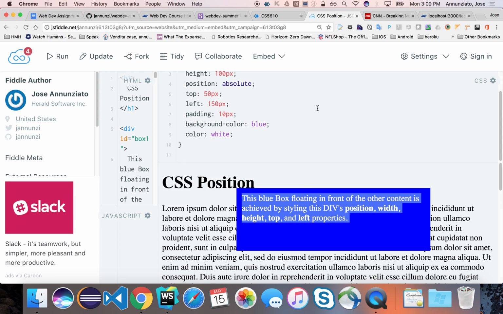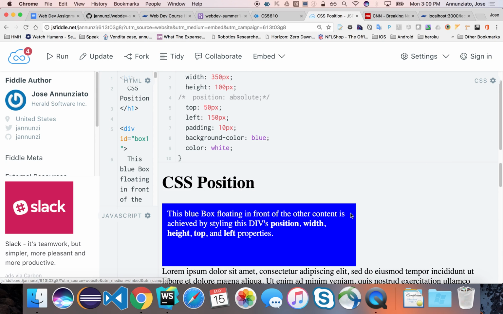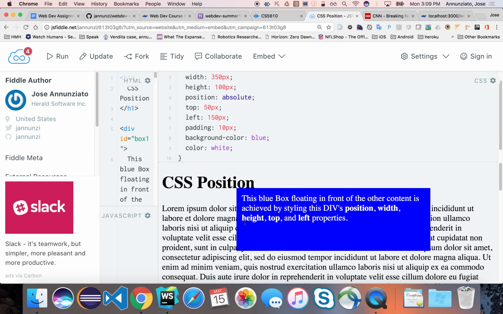Notice that if I remove this position, if I comment it out and rerun it, it now becomes part of the rendering again. See that? Pushing everything down like it normally would. But if I override the rendering, it says, okay, well, you have removed it from the normal flow of the content. I'll render the rest myself. You're responsible for that content. Make sense? We'll come back to this a little later